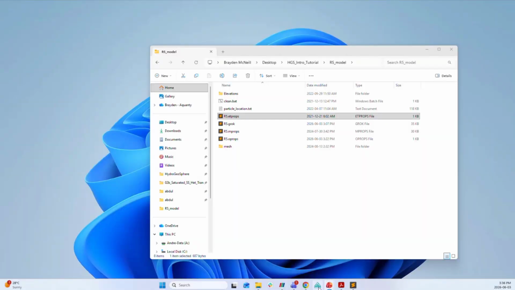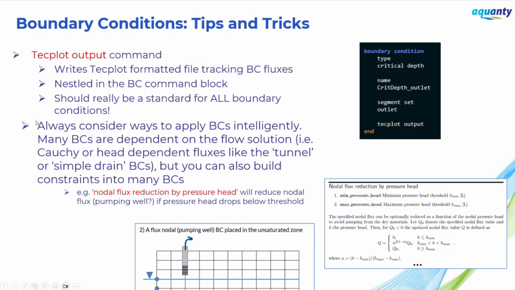The other tip here, and I'm just noticing now that I have a bit of a blunder. I wanted to just move this